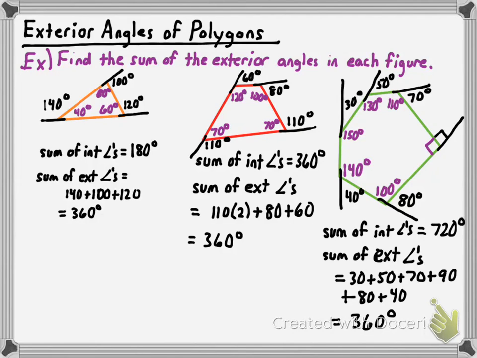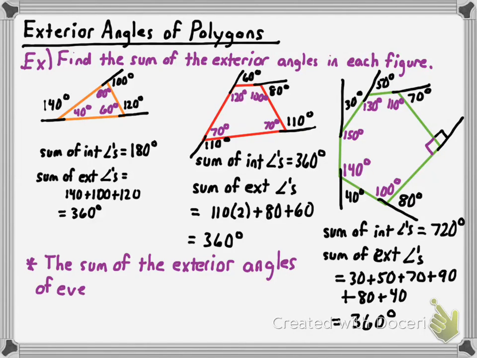Now, guess what? That's a fact that you need to know. It's true for every polygon. The sum of the exterior angles for every polygon is always 360 degrees. In fact, that's called the exterior angles theorem. Let me write that fact down for you, and you should write it down as well. All right, the sum of the exterior angles of every polygon